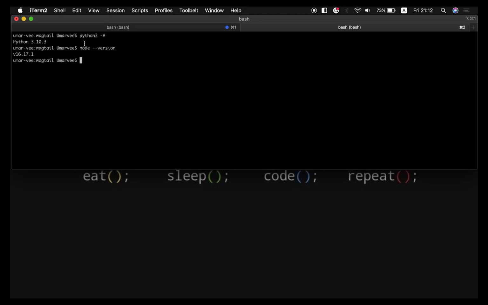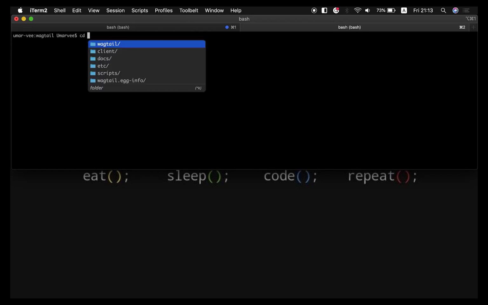You could see I have the Python and then the Node, and after installing Python, you need to ensure that you've actually installed virtualenv. So just go ahead and clear my screen, and the next thing will be